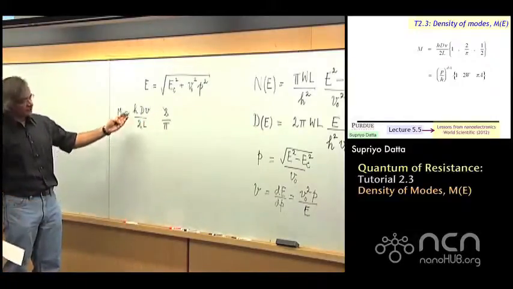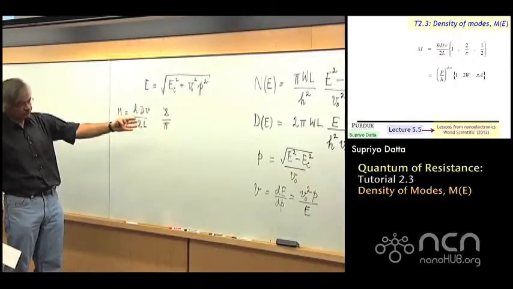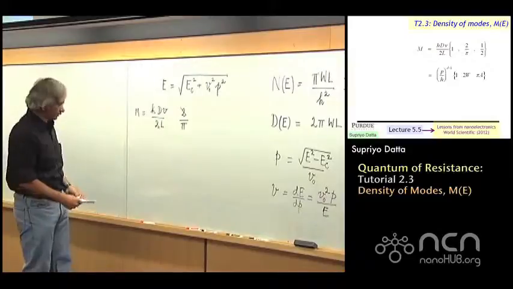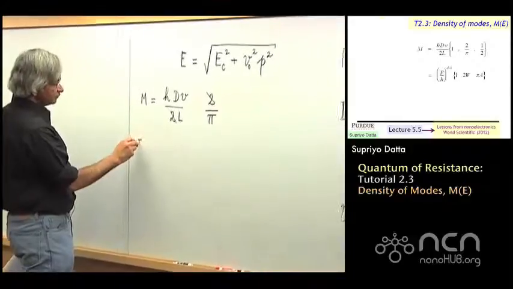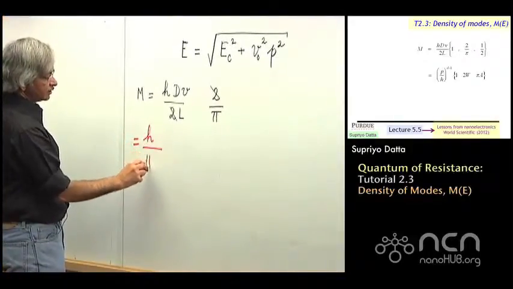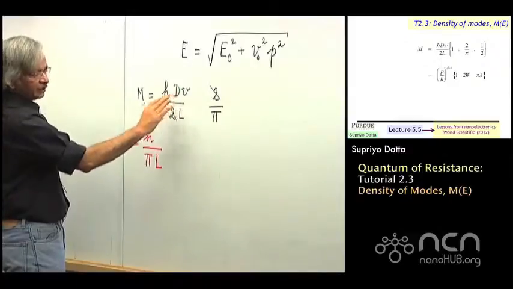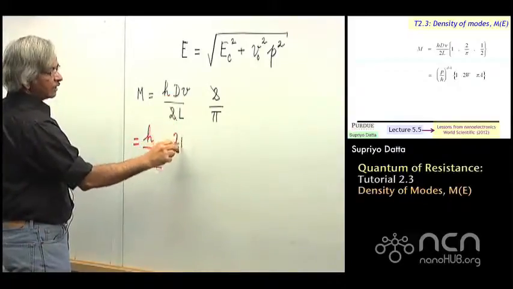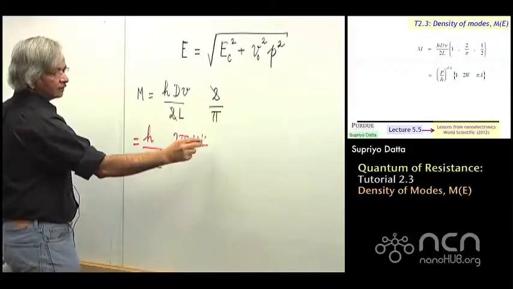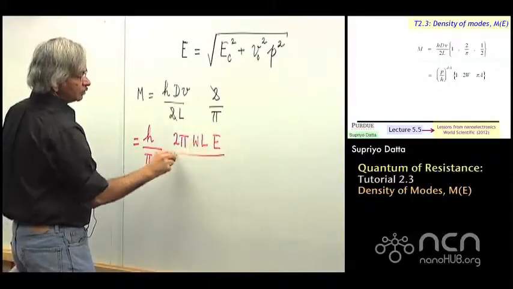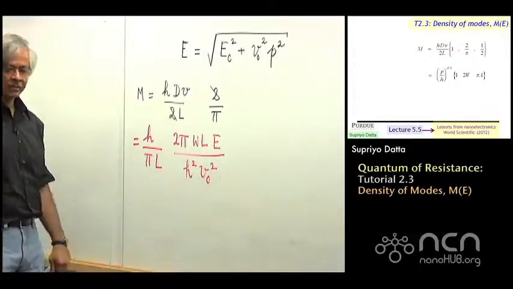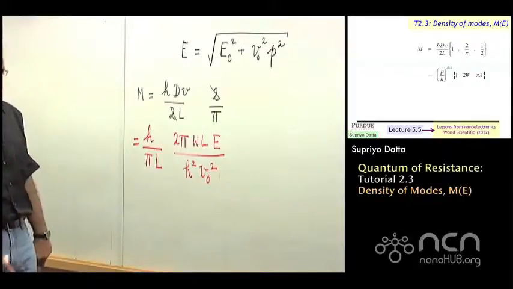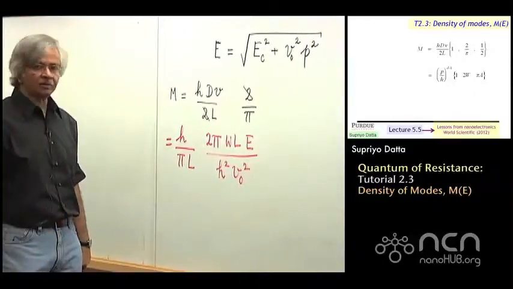Next, what we want to do is substitute for d and v from the results that we have done already. So we could write, so this is, let me collect the constant things on one side, h over pi L, and then I have the d, which is 2 pi W L E over h square V0 square. So that's d. And then v, that's the velocity, which is defined as the slope of energy with respect